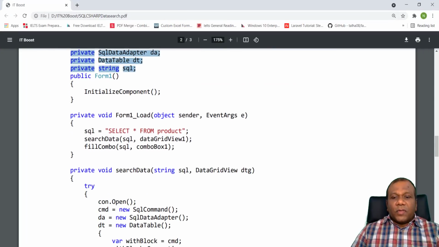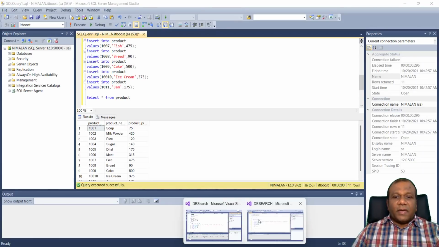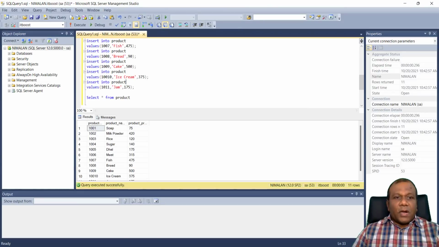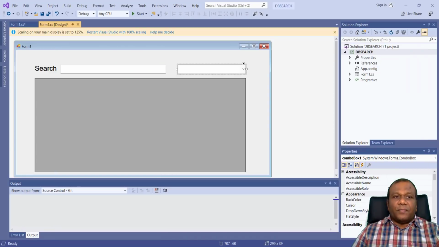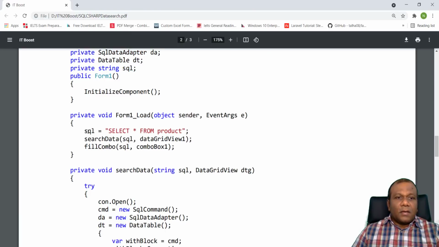Right. Now for the form load, when the form loads, we have to load the products to the combo box. So here I will show, this is our design. When you are running the program, the product names should be displayed in the form. So I will double click on the form. So the event will come, private Form_Load, right?